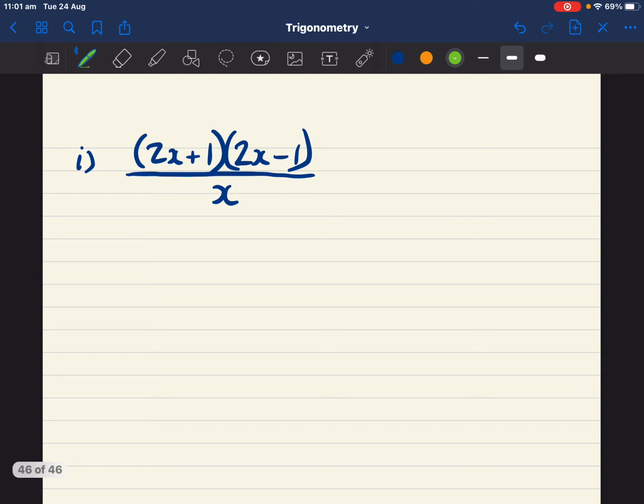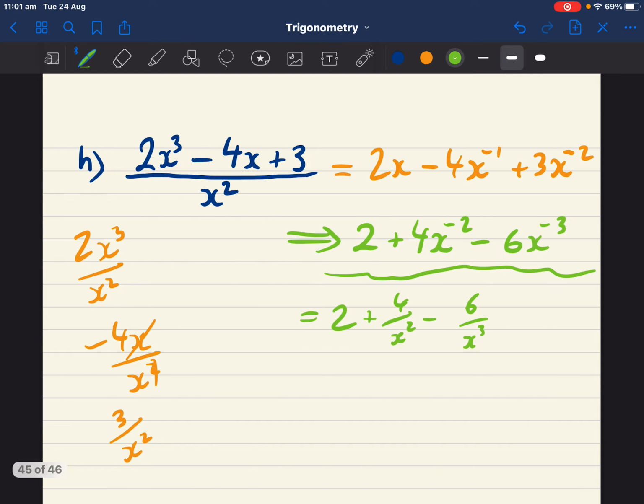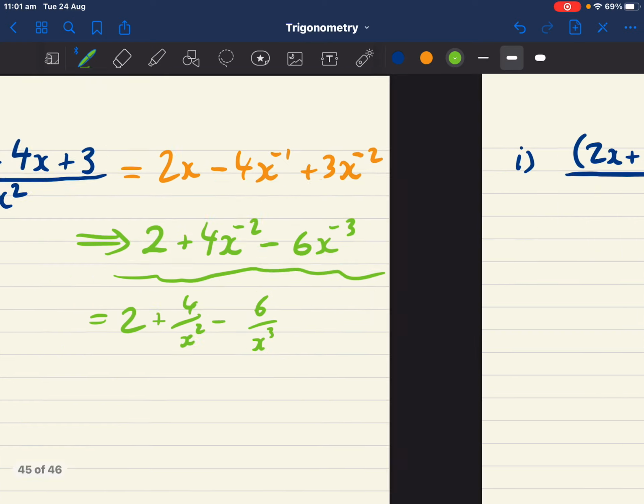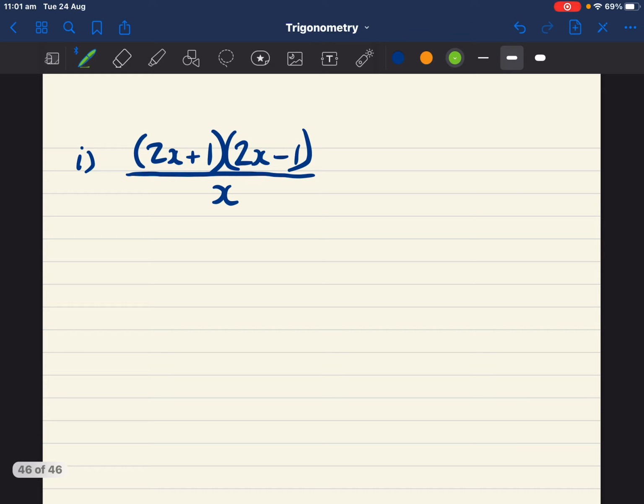The final one here, oh no, looks super complicated because we've got some brackets. Here, there were no brackets, nice and easy, we knew what to do. Here we've got brackets, no dramas. Let's just expand it out first. Fortunately,